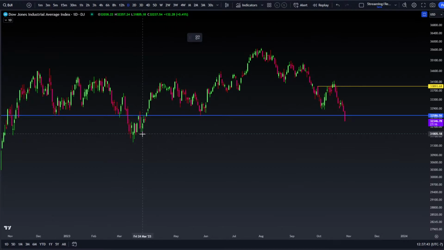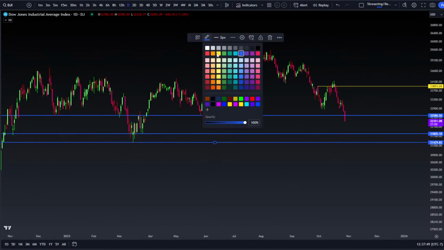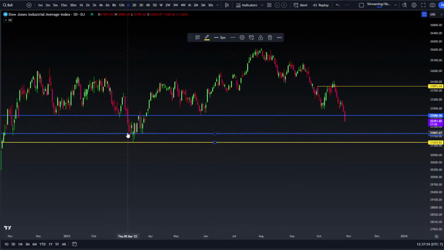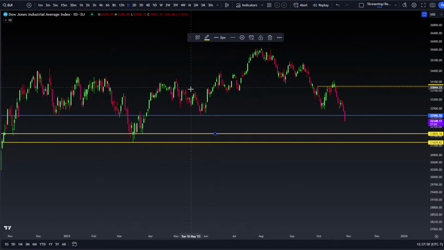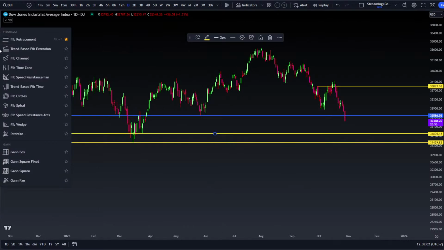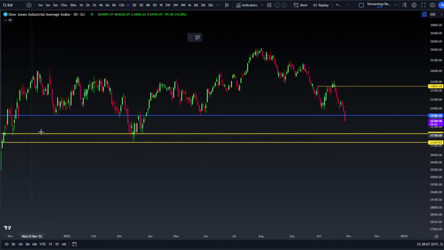The next big area is going to be down here at 31.8, the actual area that bulls need to hold, or it's going to be a run of those lows again. We've talked about this prior, but this is the zone down here to keep an eye on. I am just going to hit every single tool over here before I get the right one. So to the downside, we're looking at